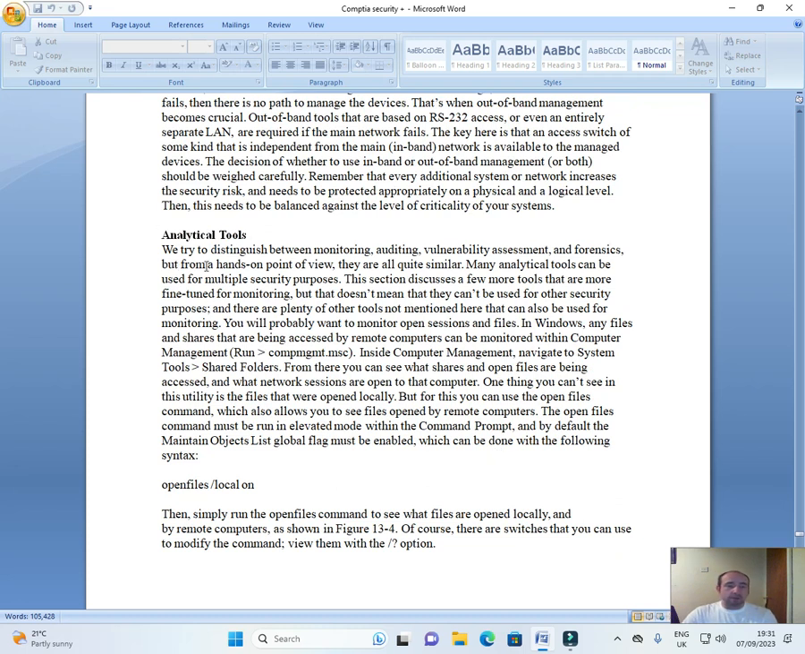Analytical tools. It can be hard to distinguish between monitoring, auditing, vulnerability assessments, and forensics, but from a hands-on point of view, they are all quite similar. Many analytical tools can be used for multiple security purposes. This section discusses a few more tools that are more fine-tuned for monitoring, but that doesn't mean that they can't be used for other security purposes, and there are plenty of other tools not mentioned here that can also be